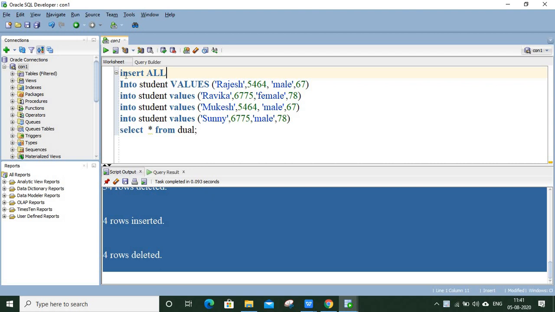So the syntax for the insert all command is: insert, then all, then into the name of the table, then the values to be inserted by this values keyword. Here you will be mentioning the values for the different columns present in this student table.